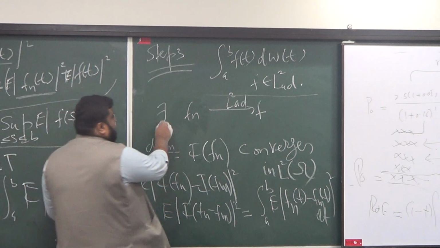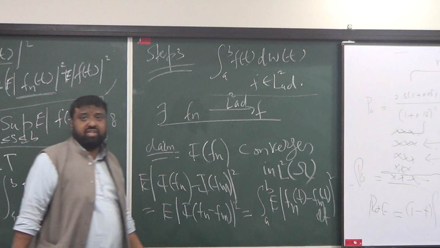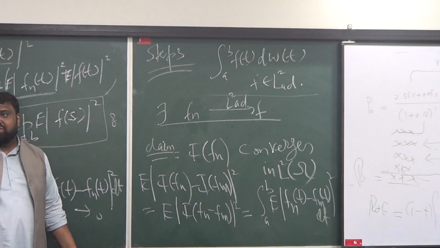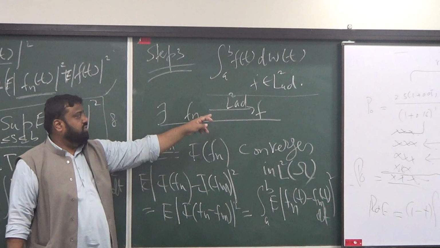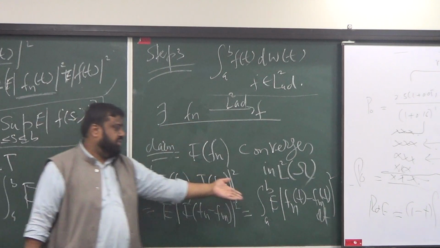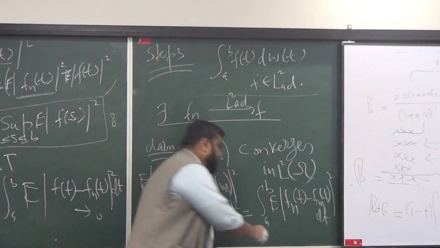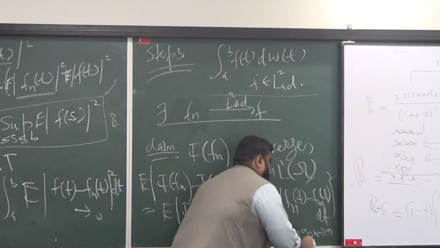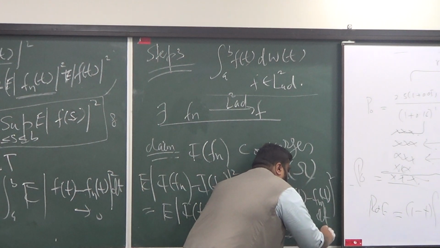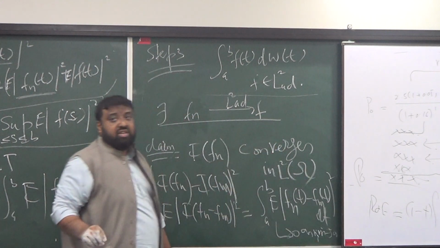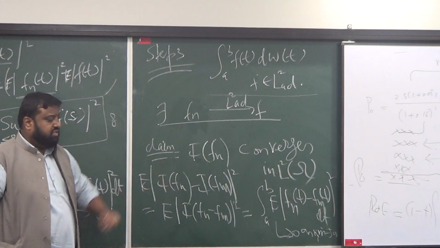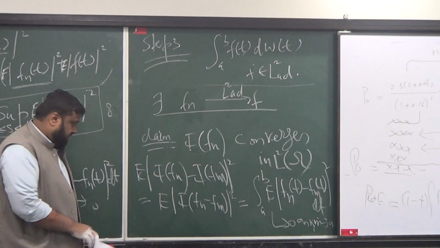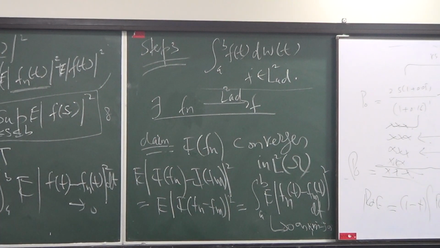Okay? This is what is going to be the case. But I know already that I have this convergence in L2 AD sense. So what is the meaning of convergence of Fn to f in L2 AD sense? This is precisely what the meaning of it is. So this means that this goes to 0 as n and m both go to infinity. Okay? So this means that this sequence of step processes converges, and not only it converges, but